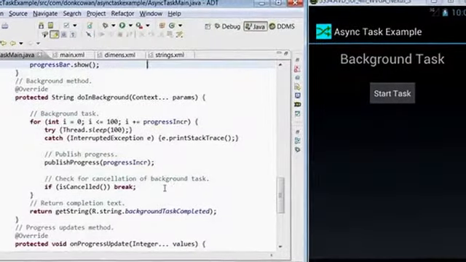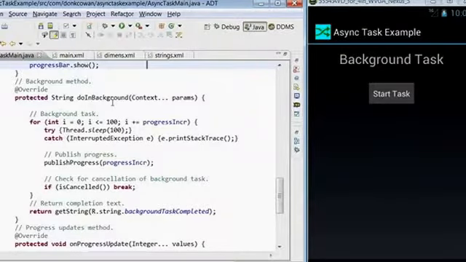Next is the doInBackground method that does the real background work. In this example, we're just doing a series of sleep methods on the thread. In the real app, you'd be doing things like retrieving data from the internet. Now, during this execution, we do a couple of other things. One is publishing progress using our progress increment. This method triggers a call to the onProgressUpdate method below that we'll look at in a minute. In the doInBackground method, we also check to see if the task has been canceled. And if it has, we break out of our work loop. And we're not doing a cancel on our little demo app, but if you wanted to use one, you'd use the cancel